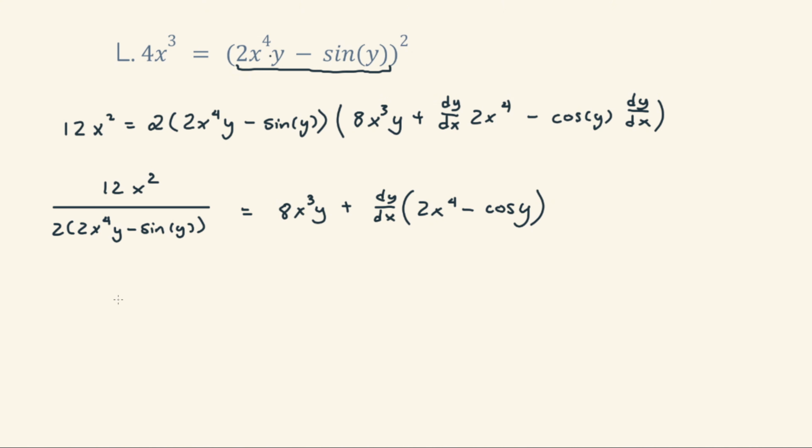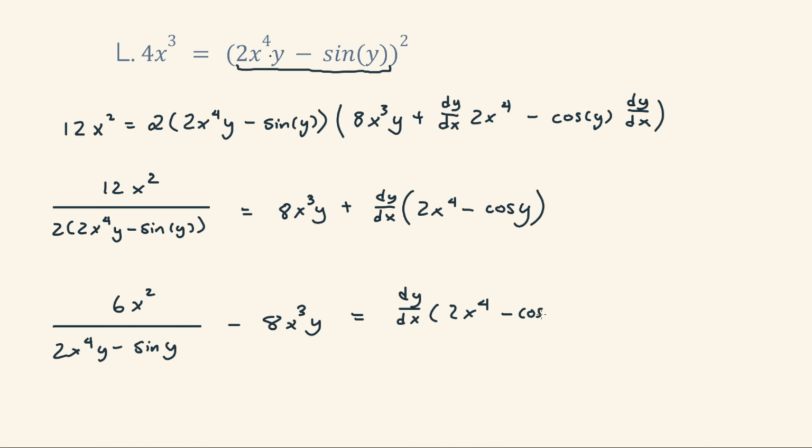This is just going to be 6x squared over 2x to the 4y minus sine y. And I'm going to subtract this 8x cubed y. And that's going to be equal to dy over dx times 2x to the 4 minus cos y. And all that's left to do now is to divide both sides by the stuff in the brackets here. Okay, so you're going to get 6x squared over 2x to the 4y minus sine y minus 8x cubed y,